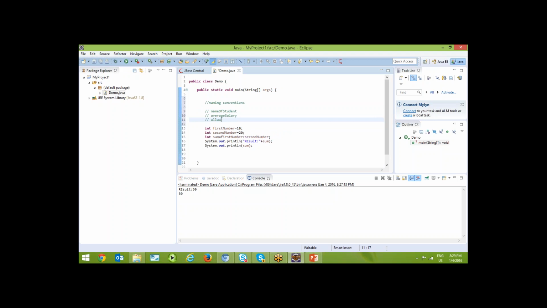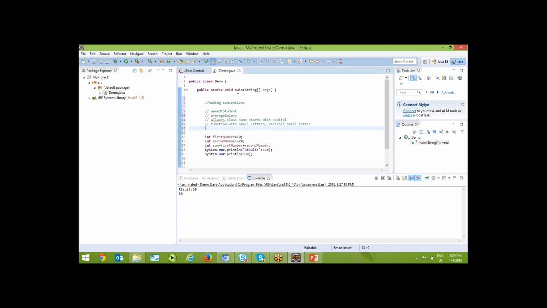And always in Java, class name preferably starts with a capital letter. Right? Capital letter you have to use. And functions with small letter. Variables also small letters.